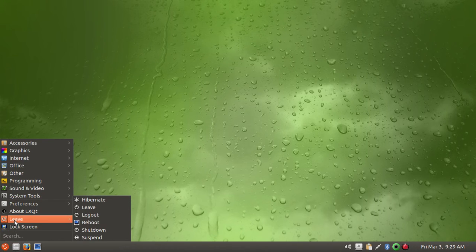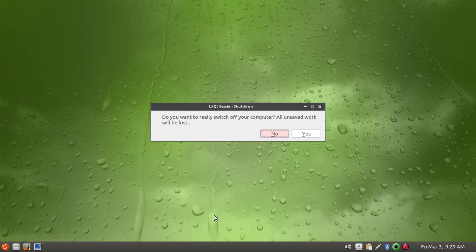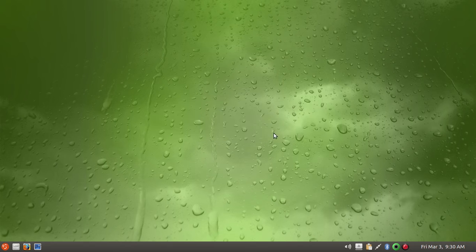And of course, Leave lets you shut down and log out or reboot, whatever you want to do. I'd like to point out one thing. If you click on shut down, you get an option here to shut down or not, and I don't want to shut down, of course. On the other hand,